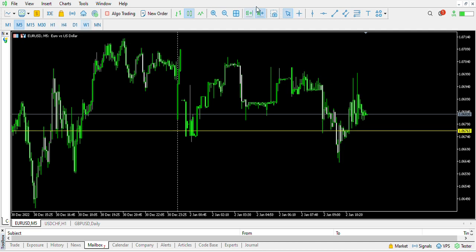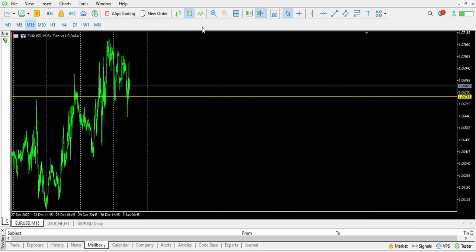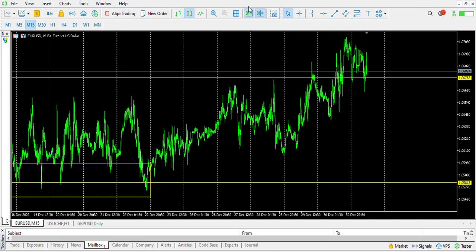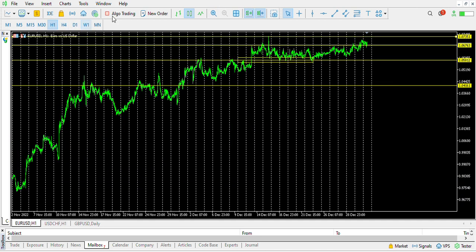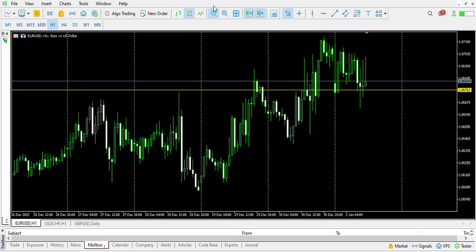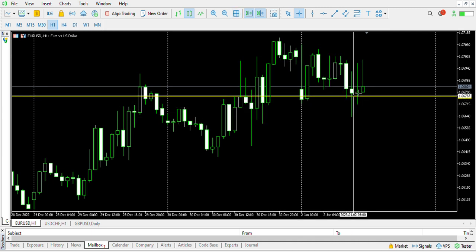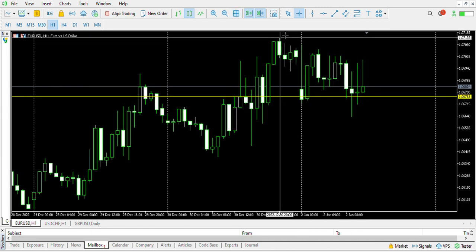Or again, for it to continue this uptrend, as I mentioned, let me just zoom out. For it to continue the uptrend on the higher time frame, let's go to H1. I think we see it there. For it to continue from this point here, I'm looking for this high here. So I can hold it